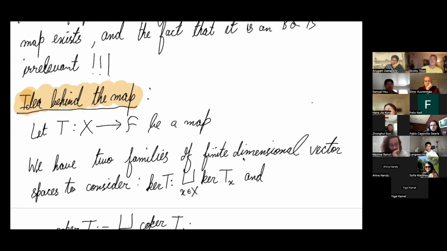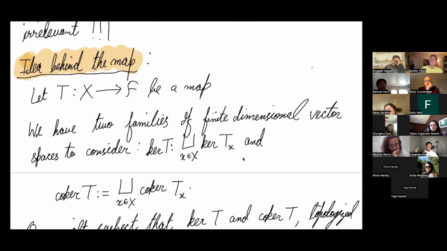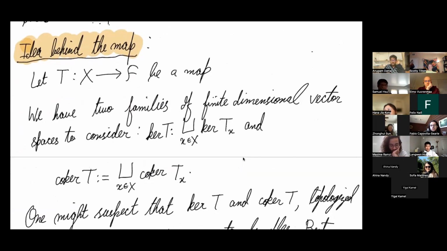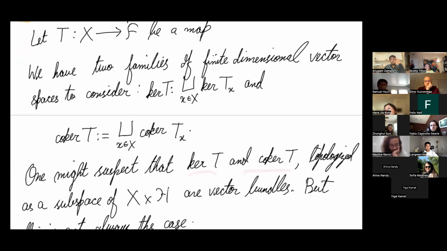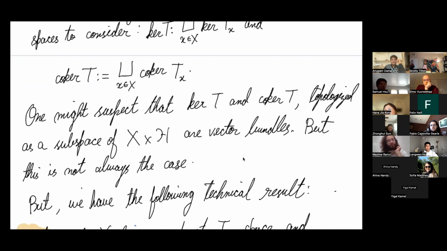It is tempting to sketch this argument: if you have such a map, you can try and define the kernel of this map by simply taking the kernel at every point. And similarly for the cokernel, and these are indeed finite dimensional vector spaces, because the operators are Fredholm. And you might suspect that these two things, when you topologize them as a subspace of X cross H, are vector bundles. But the sad part is that this does not always hold. So you need to work something more in order to get this necessary map from [X, F] to K of X. And to that end, we have a technical lemma,